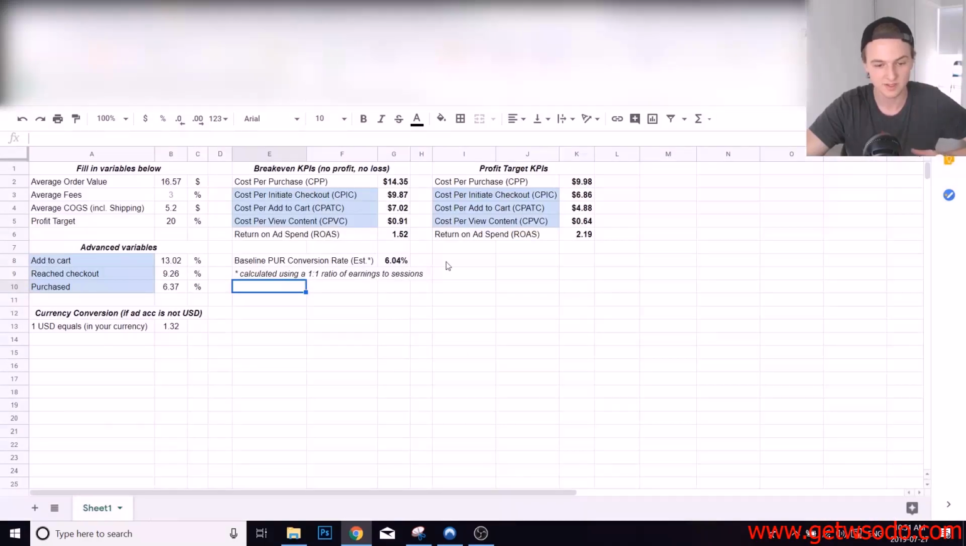And so based on this observation that I made, that all my stores had a 1-to-1 or better ratio, I use this to create a baseline purchase conversion rate metric. So basically, what conversion rate do you need to get this 1-to-1 ratio? So with this particular average order value, I need a conversion rate of at least 6% to get this 1-to-1